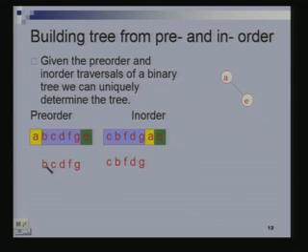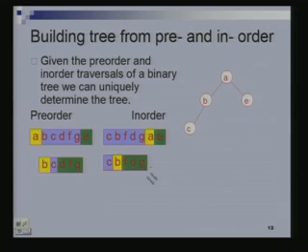So once again, B is the root of this left subtree, whatever argument we used before. We are going to see where B is in here. B is here and B is the root. So this would be the left subtree of B now, C, and FDG is going to be the right subtree of B. On the left I have only one element, so that would be C here. So this would be the left subtree and this would be the pre-order traversal of the right subtree.